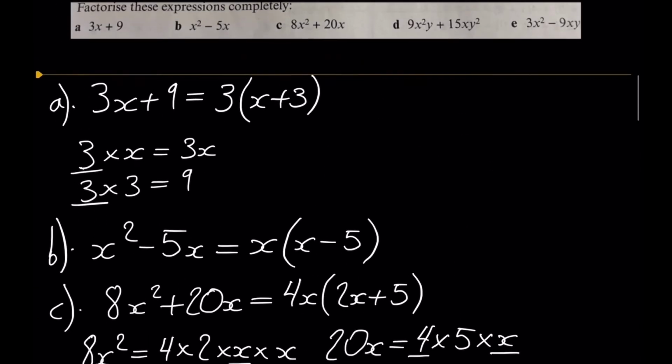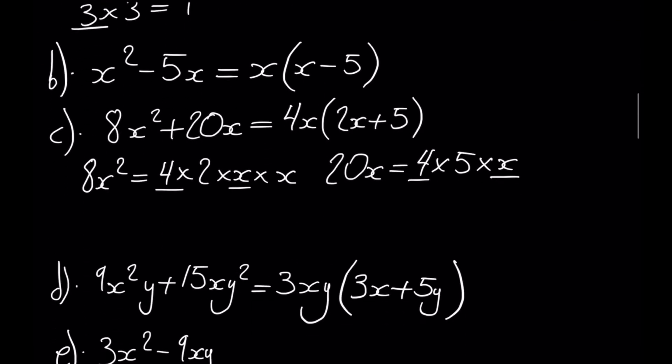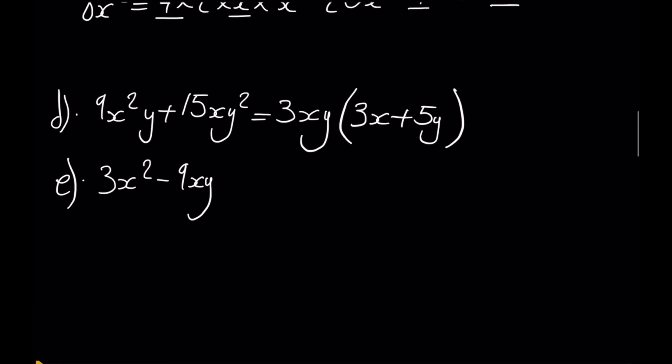Part E, we've got 3x squared minus 9xy. In both terms, 3x squared and minus 9xy, we've got two common factors, one for 3 and 9, and one for x squared and x. So we can take out 3, and we can also take out the x, because we've got two x's here and one there. So this becomes 3x times